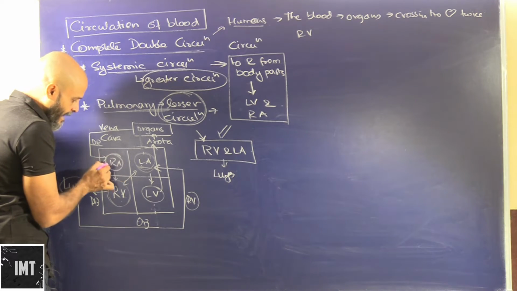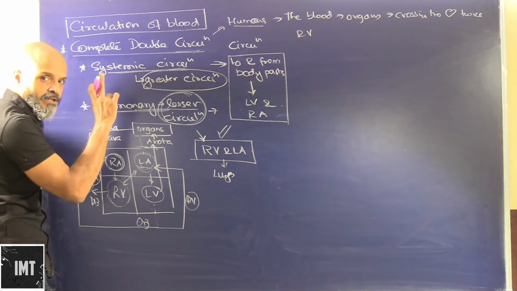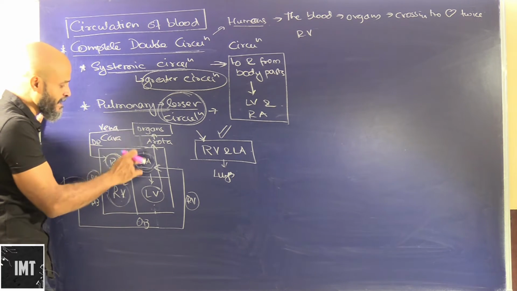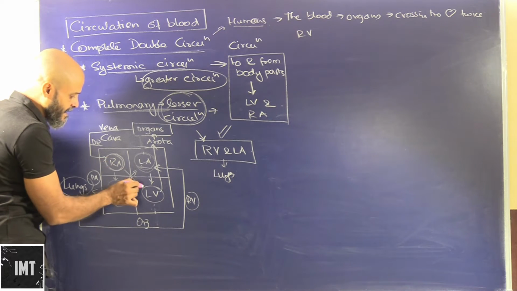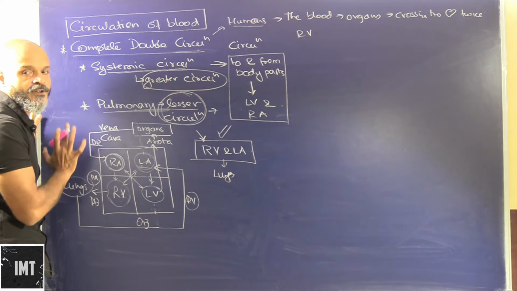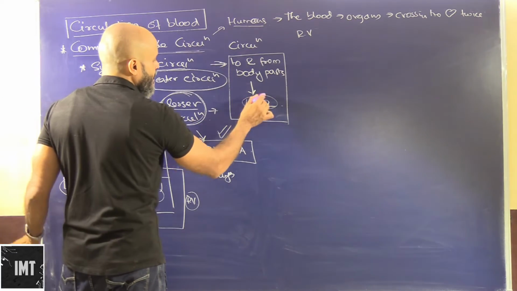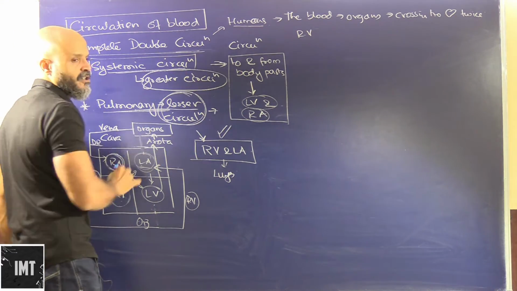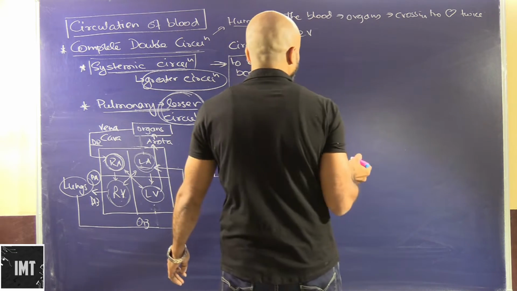So the right auricle is receiving the deoxygenated blood from different organs of the body, and the left ventricle is pumping the oxygenated blood to the different organs of the body. So these are directly in touch with the different organ systems of the body. Hence we call this system of the left ventricle and right auricle a part of the systemic circulatory system. So if we draw a flow chart, we can start the flow chart from anywhere.